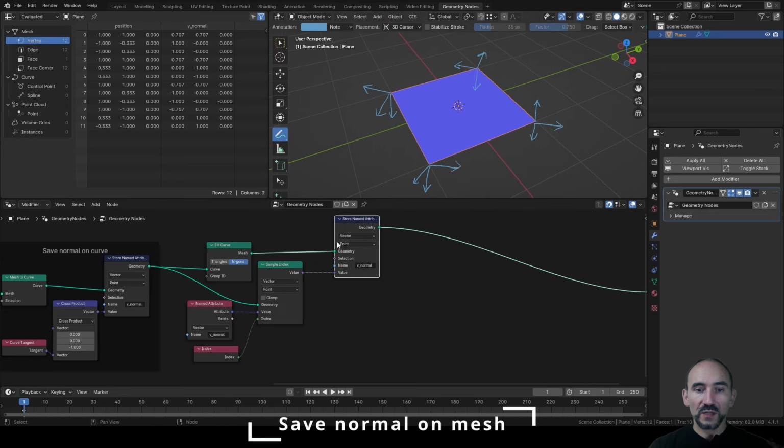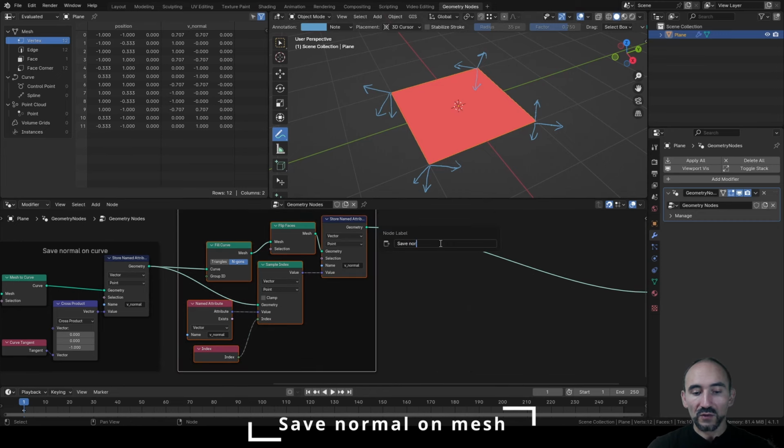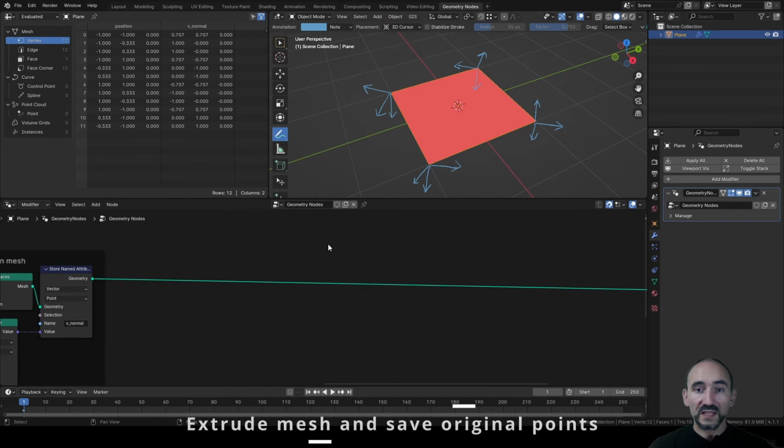So to do this, we need to link here a flip face node before connecting this to the store named attribute. We can select all these nodes, Ctrl J, F2, save normal on mesh, and we can start to extrude the edges,